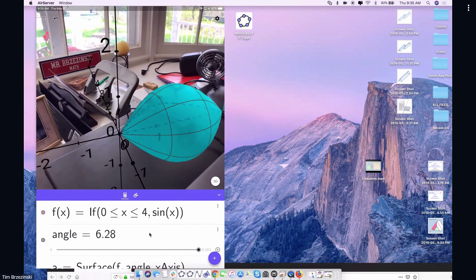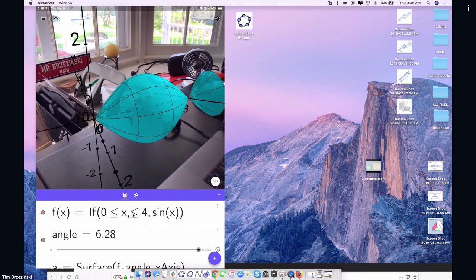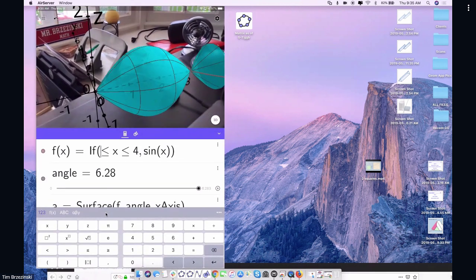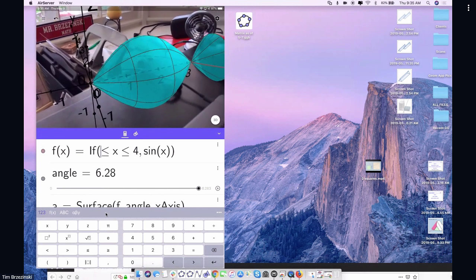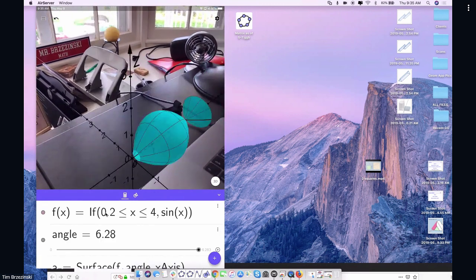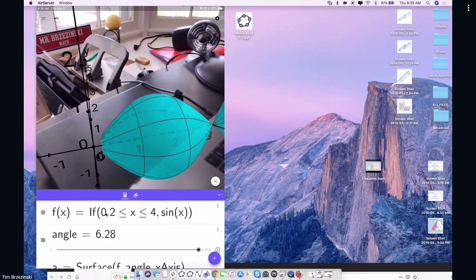I mean, the function's not going to change. Let's keep the tail there. But what about that 0? What should that 0 change into, maybe? To open it, maybe 0.2. Ooh, yeah, right. And now I have an activity that asks kids to make 2 kissing fish, and they have